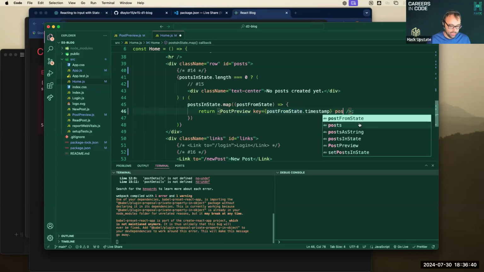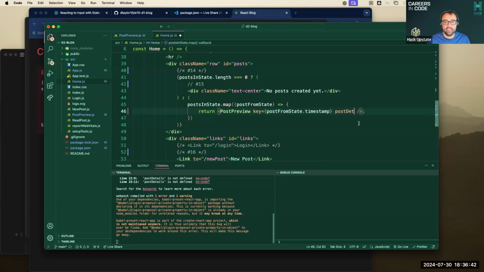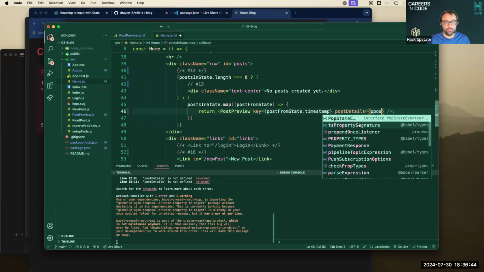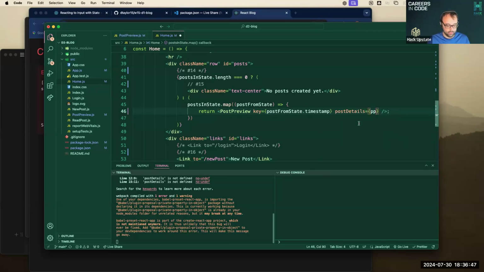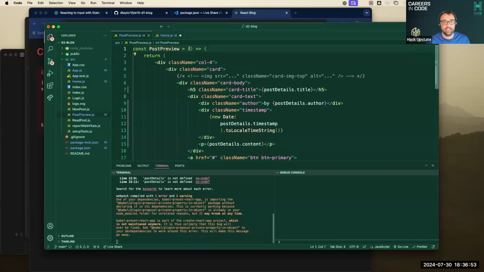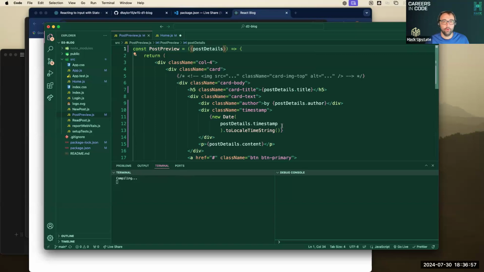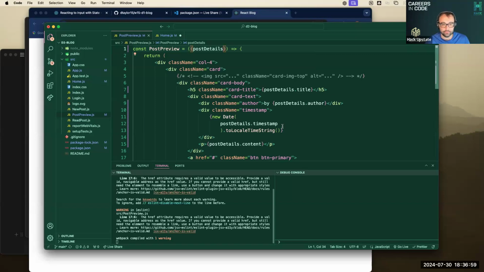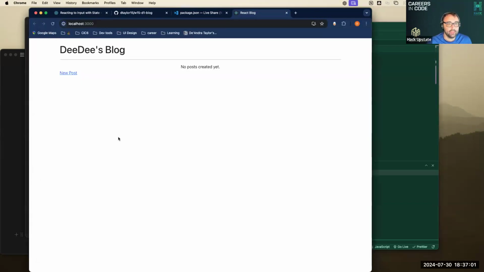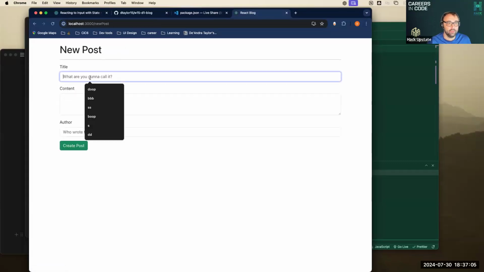So we call it post details is equal to the post from state. Then in our post preview, we need to say heads up, you are going to get a prop called post details. And just like that, if we create a new post,